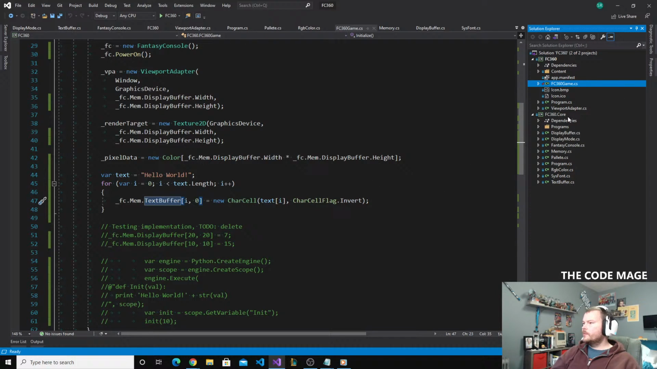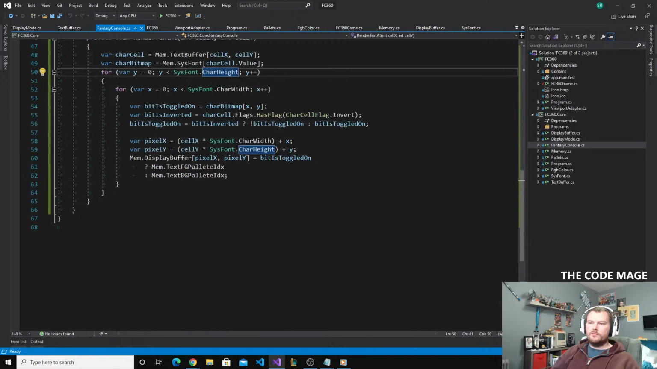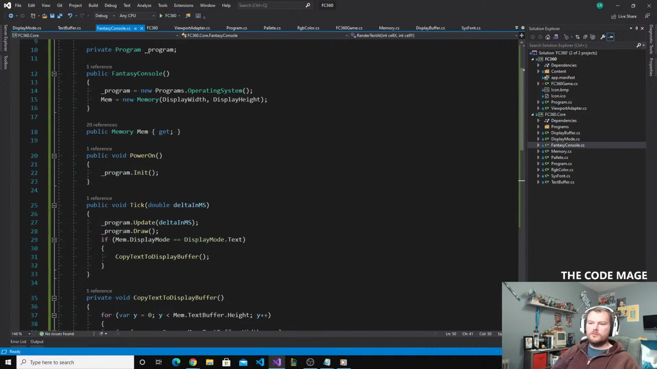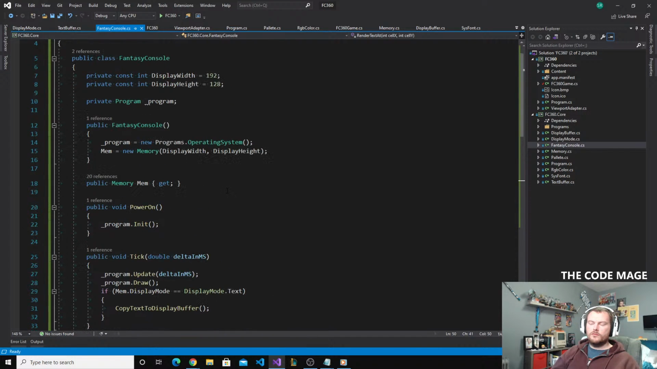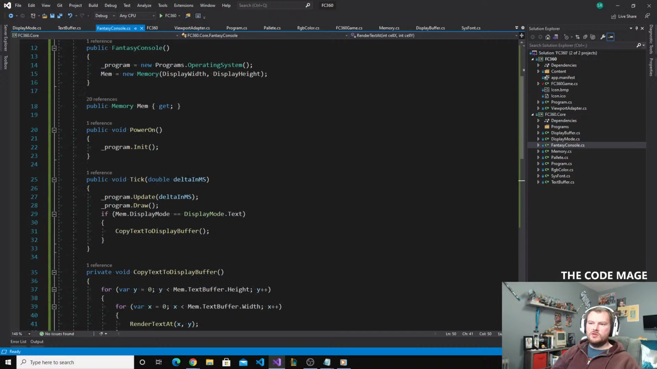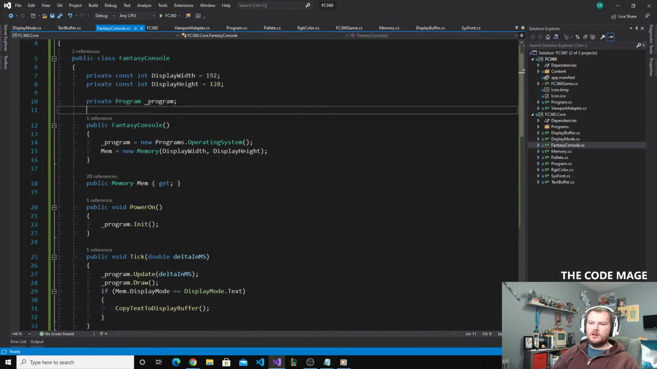Let's see here. How are we going to do this? So there's a program that gets loaded in here that needs to have access to the